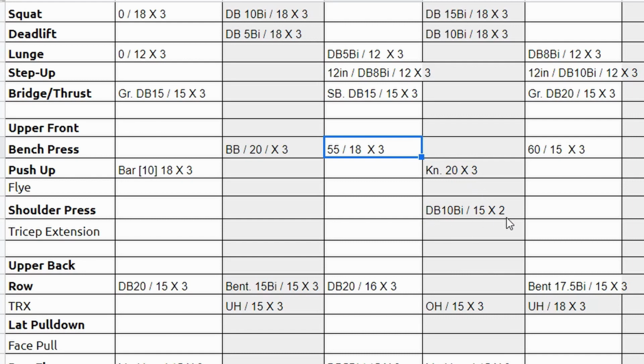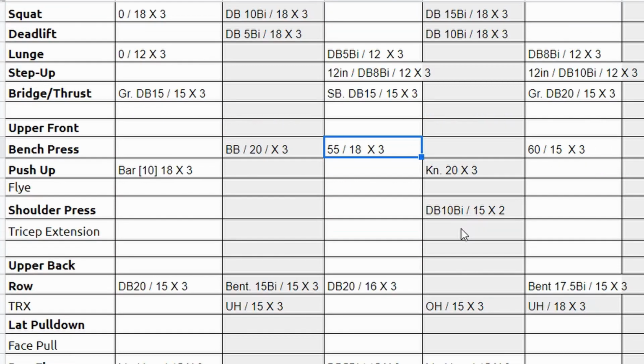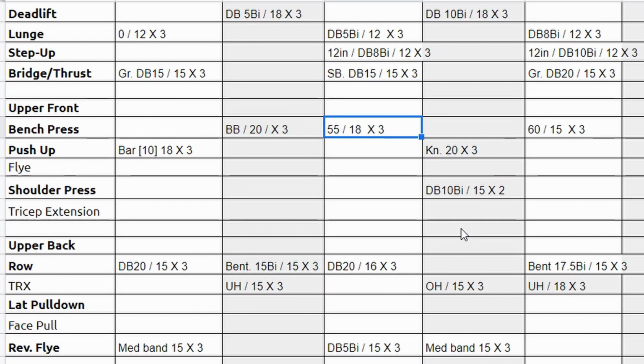We did mix in an overhead press at one point, and you should be able to see now what I'm trying to do here is get her really good at these foundational exercises, but keep the workout fresh and exciting. If I just had her do squats every single day, she would probably hate me. No doubt she would get really good at doing squats, but she'd probably find the workouts kind of boring. So I do them fairly often, but I don't do them every single day, and I intersperse these other useful exercises in there as well. Again, nothing is more important than her goals, so it all comes back to that at the end.